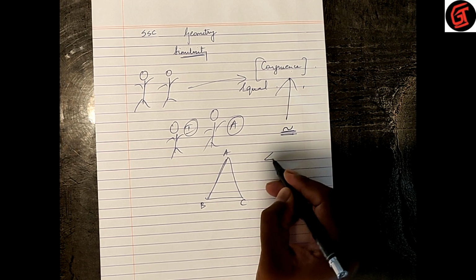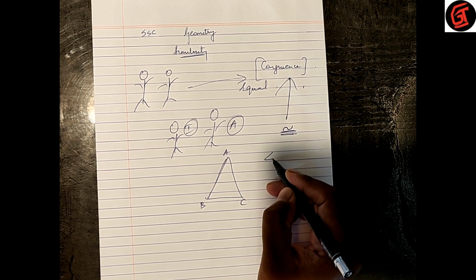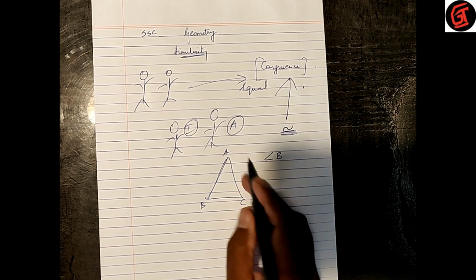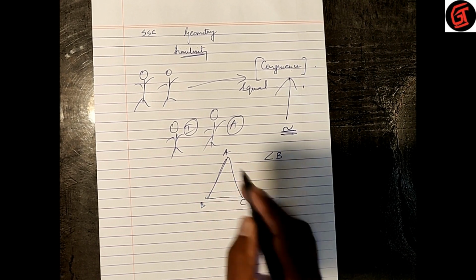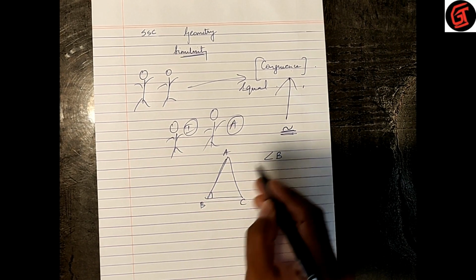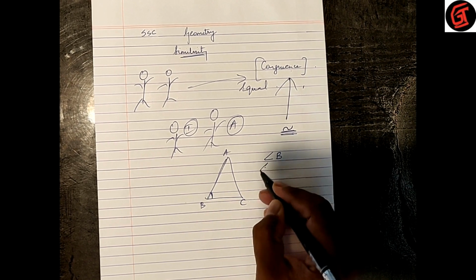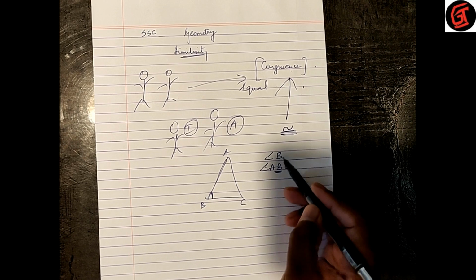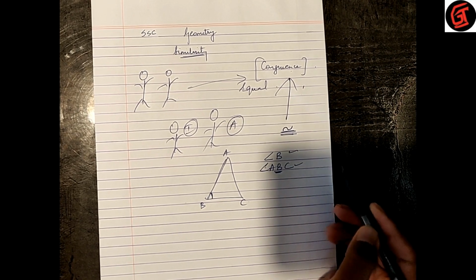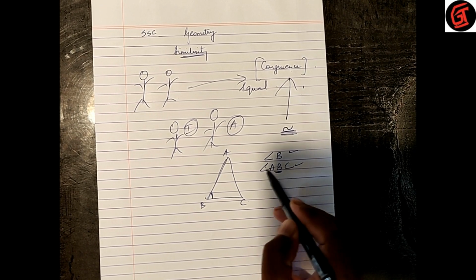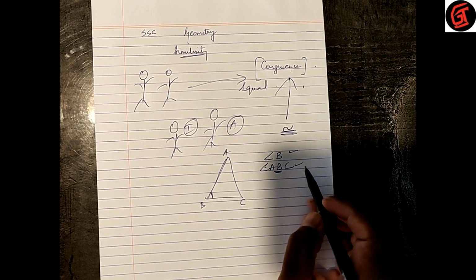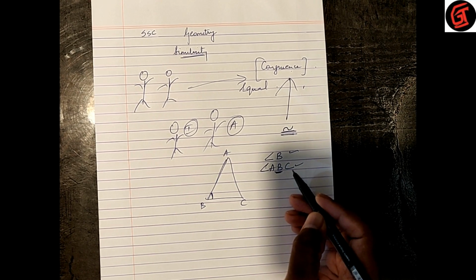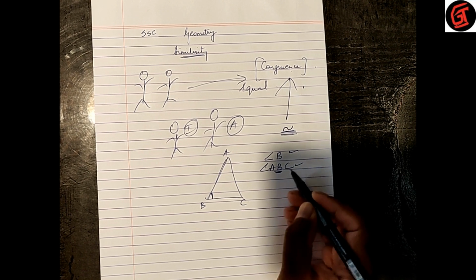Remember, an angle can be named in two ways. This angle can be named as angle B, or we can even name this angle as angle ABC. B has to come in between. So this and this is same, but it is always recommended that we name any type of angle in three alphabets, so that we can be precise.